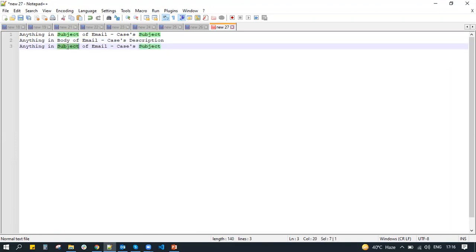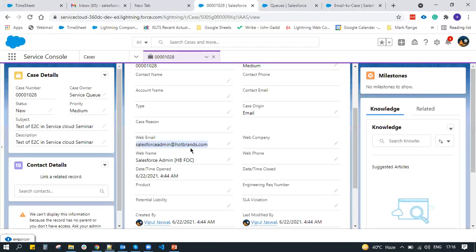Anything in the from address of the email is going to be the case's supplied email. This is the API name of the field. Supplied email is the API name, and the label of the field is what? It's web email. Okay, so web email, if you go back, you can see web email is